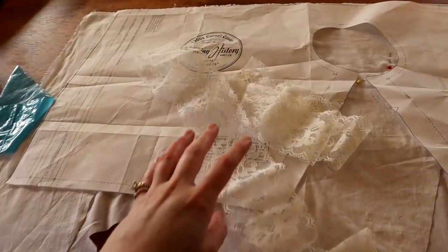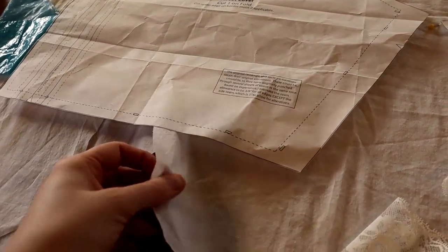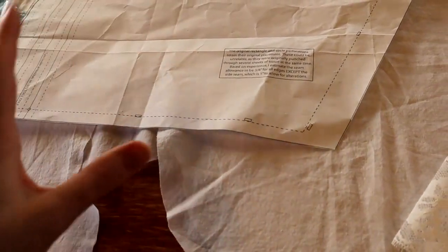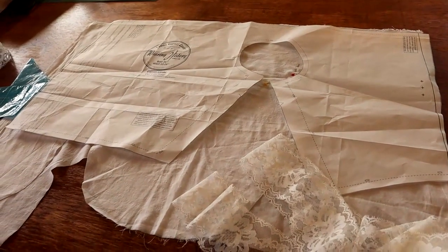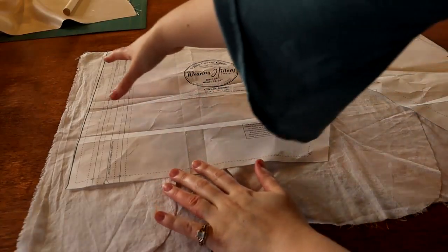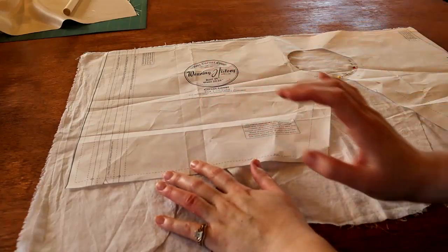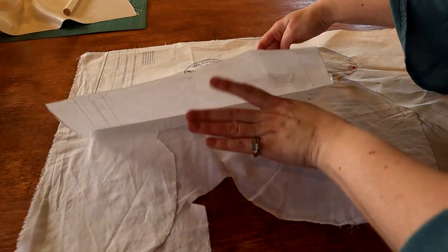And I think what I'm going to do is make strips of my very beautiful, very lightweight cotton, and then put them together with insertion lace and make a big enough piece of fabric that I can actually do this. So this is where I'm at currently. I have enough of the width to get across the shoulder strap and front and back in one piece, and then I'm going to